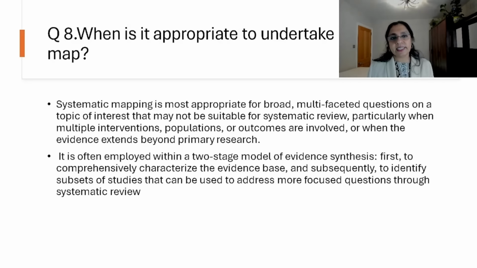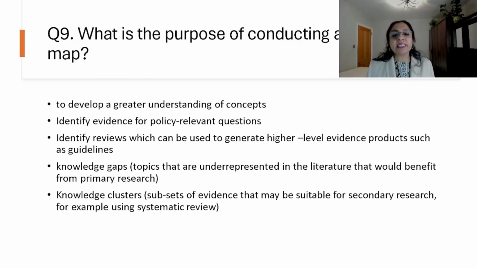Question number 9 is about what is the purpose of conducting a systematic map? When do we conduct a systematic map? In the previous slide I explained that it is on a broad topic area. So, to develop a greater understanding of concepts, to identify evidence for policy relevant questions, to identify reviews which can be used to generate higher level evidence products such as guidelines, and to identify knowledge gaps, topics that are underrepresented